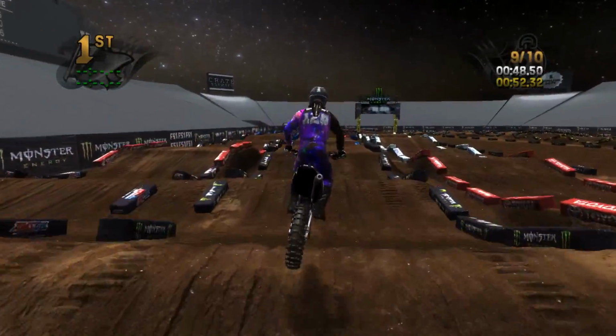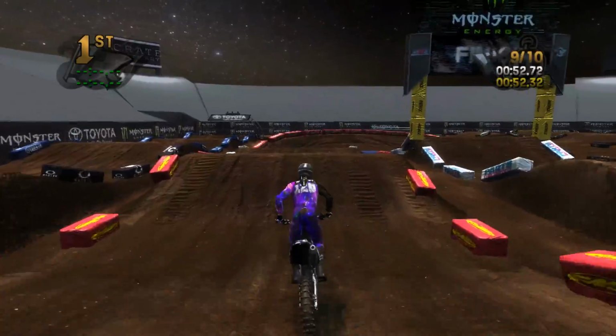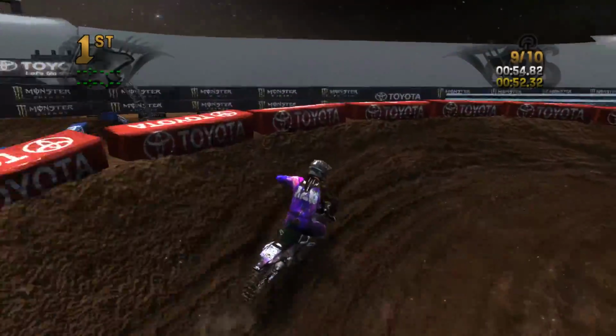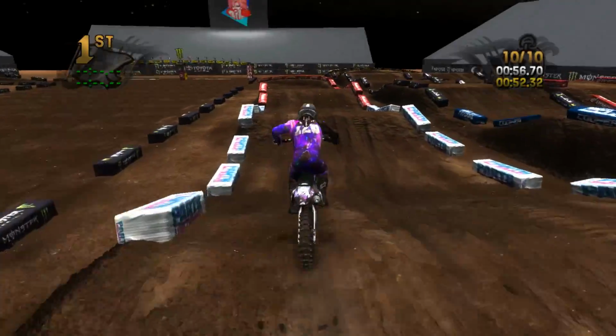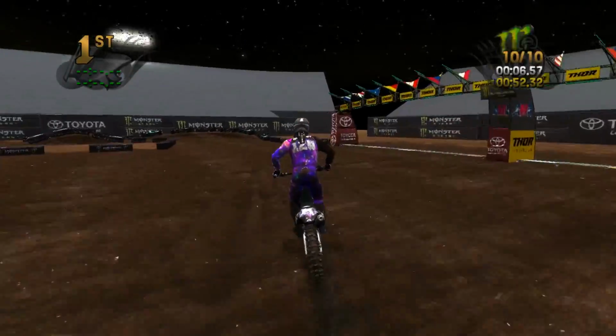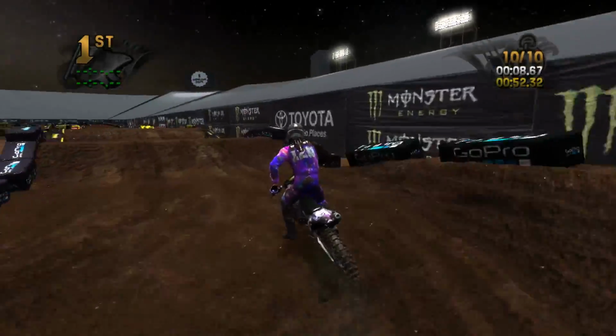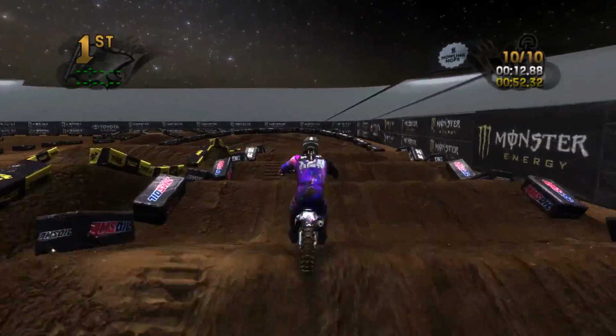The biggest scramble area type deal I've ever been to was the Mounds RV Park, and nobody can really get going too crazy fast in there because that's not really a go speed high. I was about to say go speed high fast. It's go fast high speed, not go speed high fast. I think either way you would have gotten the point there, but that's not really a high speed type deal